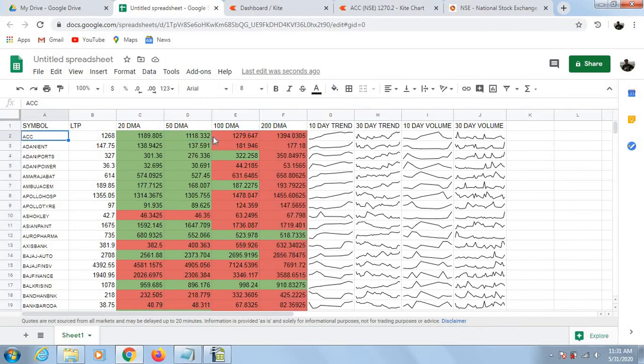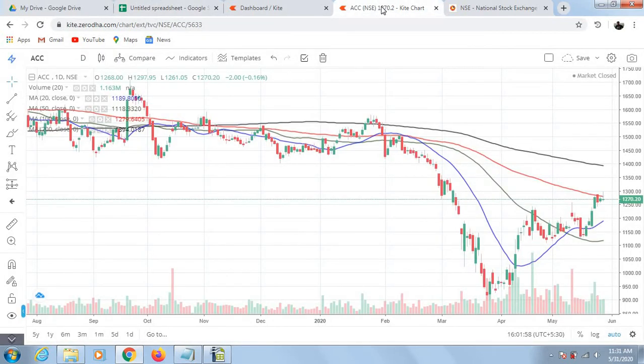Now you can verify it by going through the charts. So for example, I am just verifying for ACC. I have opened the chart of ACC using the TradingView platform in Kite. So the blue line is the 20-day moving average, green is the 50-day, red is the 100-day, and the black is the 200-day moving averages.